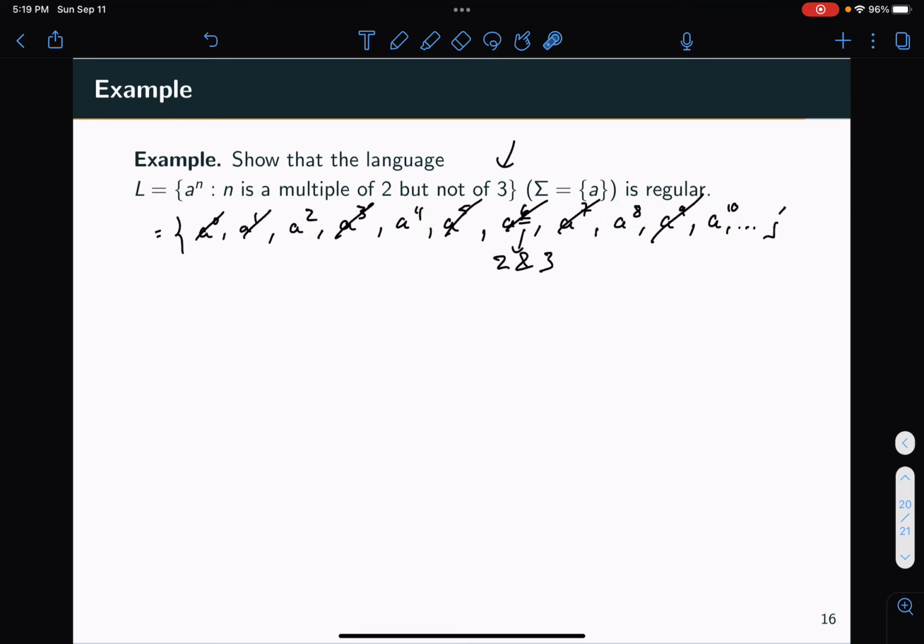You're going to skip 12, but you're going to catch 14, catch 16, and skip 18. So really what you're doing is, within these 6 elements,